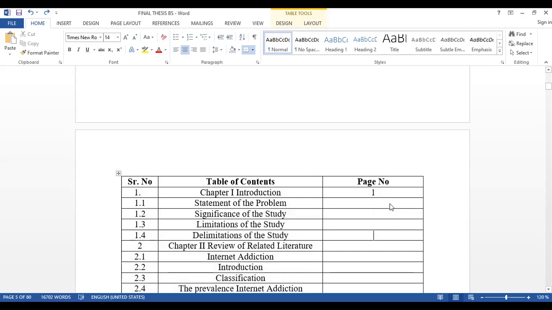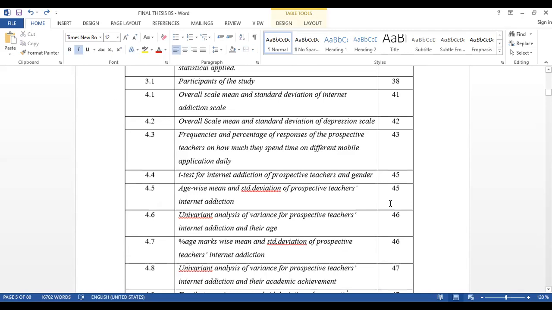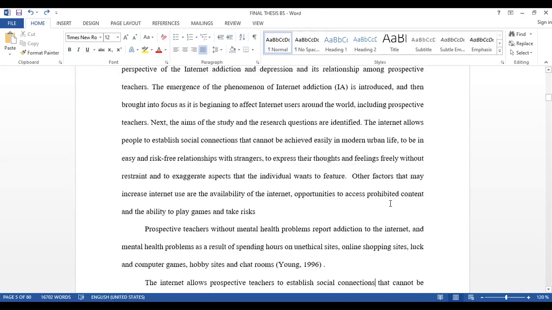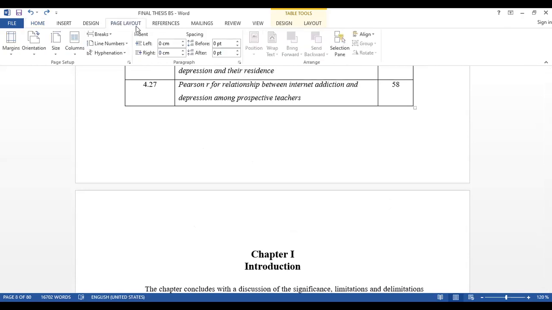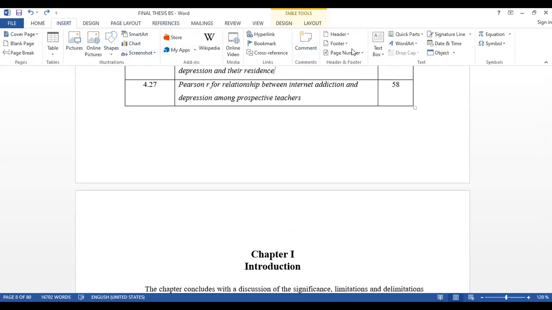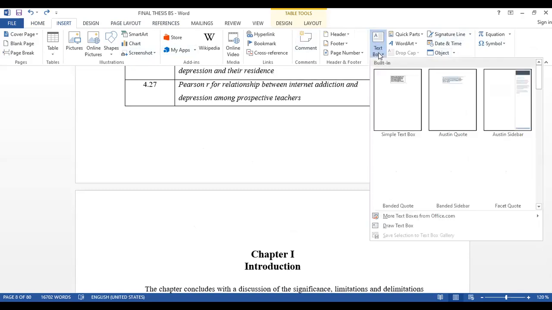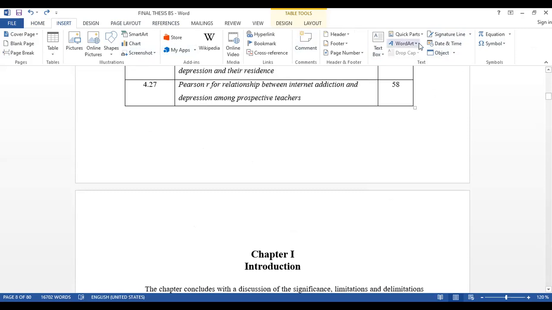Chapter 1, Introduction, starts on page number 1. We give this as page number 1. How do you give the page number? Go to page layout and after that page number. Select the page number, insert page number. Okay. Page numbers.